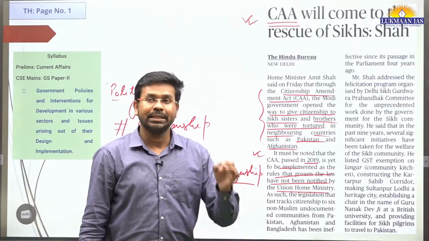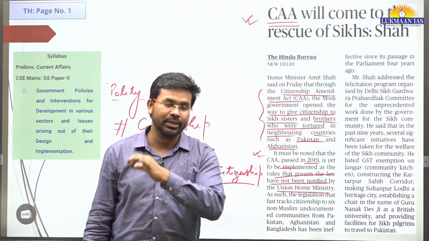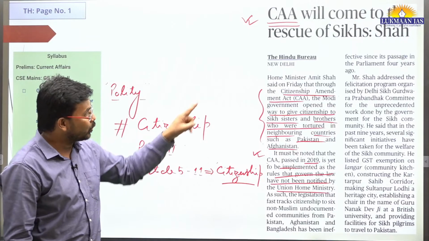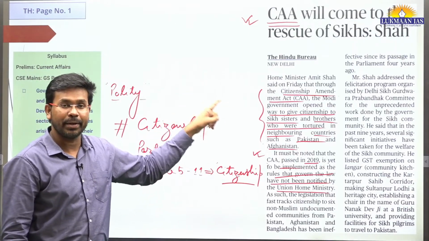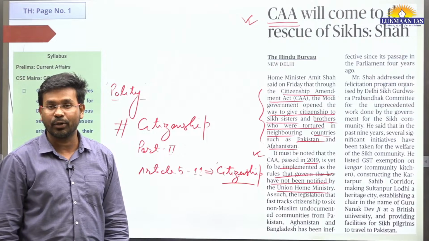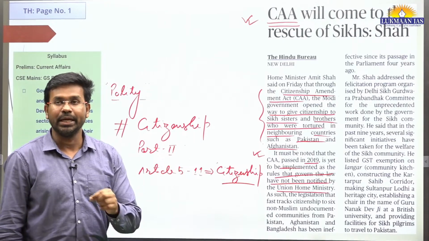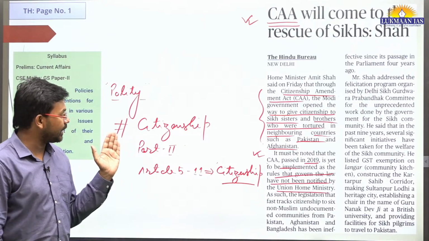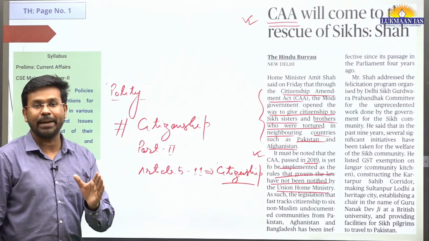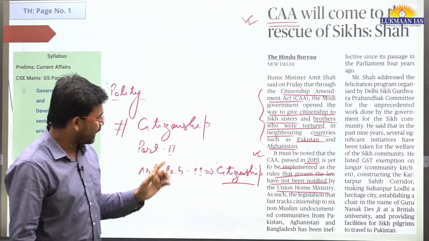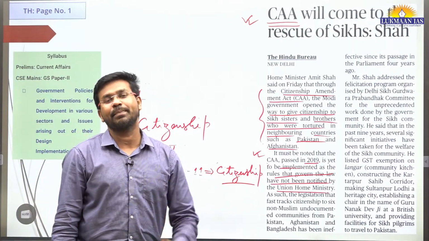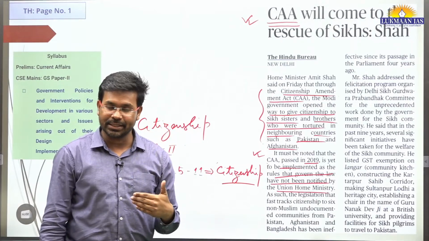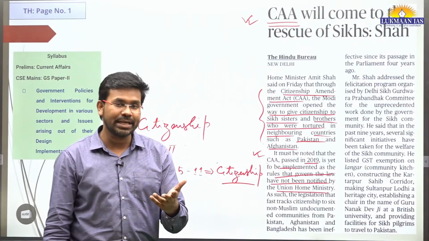So they have said that the Sikh community people, brothers and sisters, can get the citizenship of India through this Citizenship Amendment Act, which was passed by the Union government in 2019. We are not going much deeper into citizenship, because it's a constitutional aspect and has many things as part of it. We also have the Overseas Citizenship of India card holder, the OCI card holder.